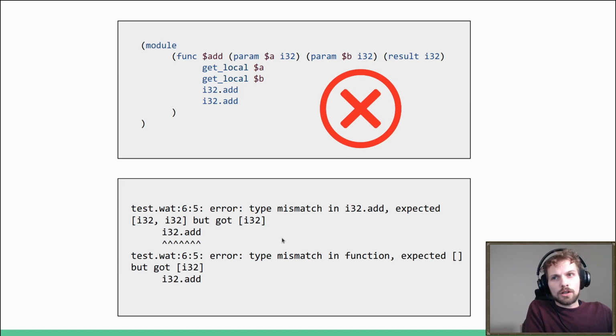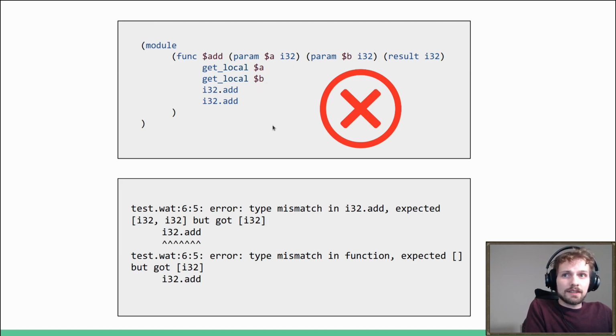Well, one of the nice things about WebAssembly is that you can verify a function independently. So remember, whenever you call a WebAssembly function, all of the parameters are instantly popped from the stack. That means it's possible to call this function with 2 elements on the stack. It's not going to be possible with 1. That also means, in the worst case scenario, our stack is going to be empty, right? It's very possible to call this function from an empty stack.